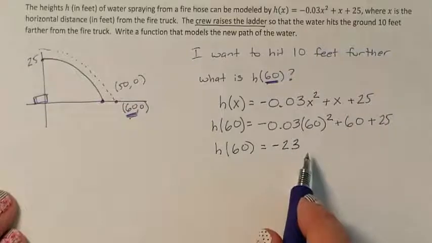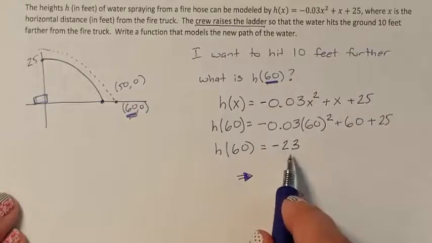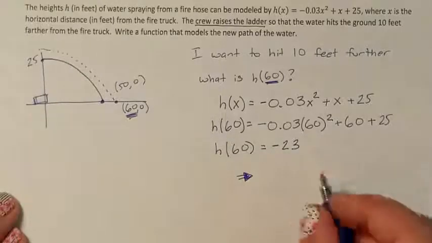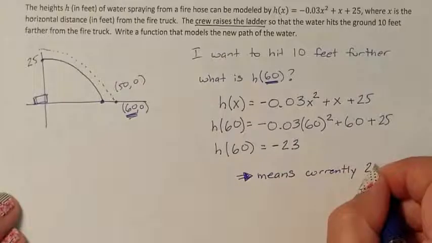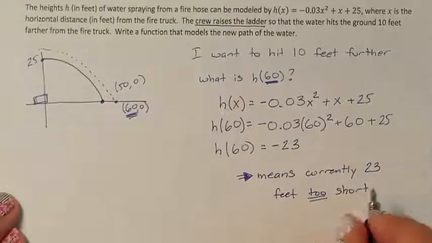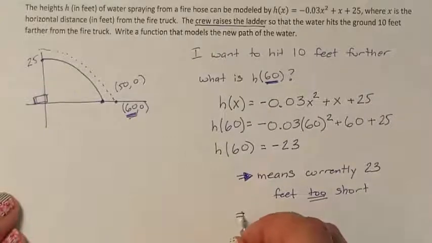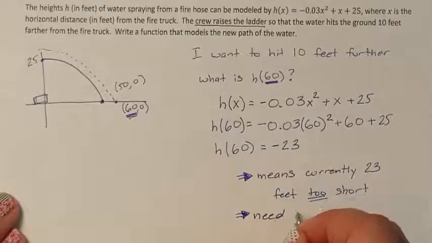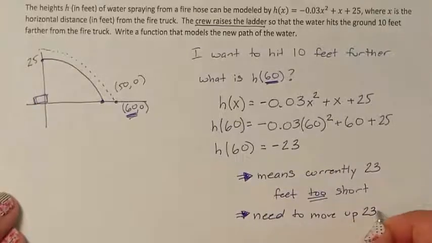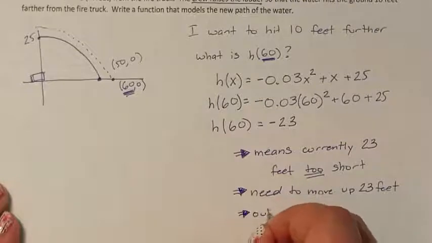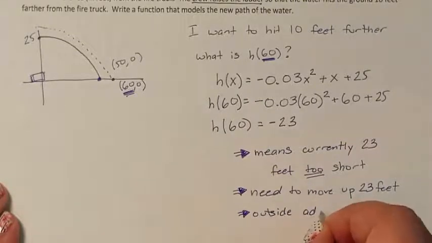Well, what does this mean? That meant that I am 23 feet too short. This 25 right here is 23 feet too short. It means my current ladder is currently 23 feet too short, which means if I wanted to hit where I wanted it to go, I need to move up 23 feet. Well, how do you do an up move? We know an up move is supposed to be an outside move,